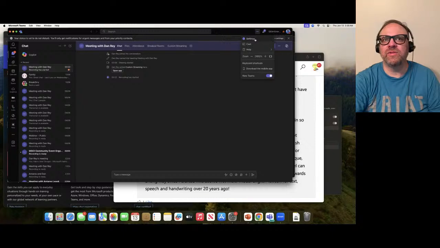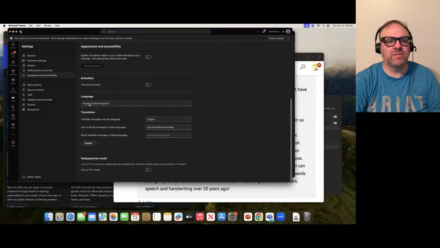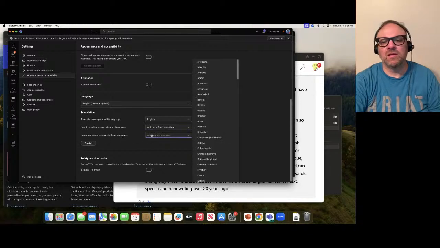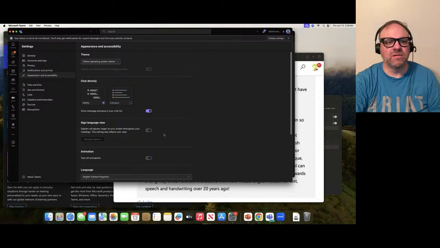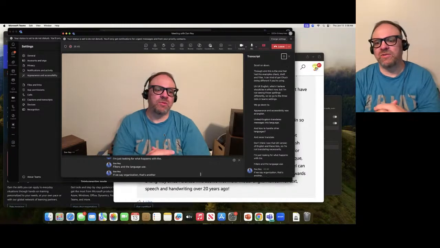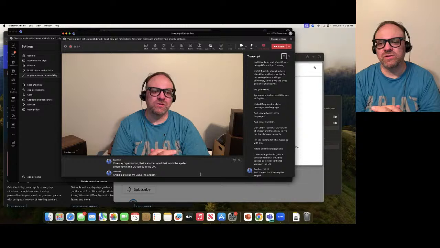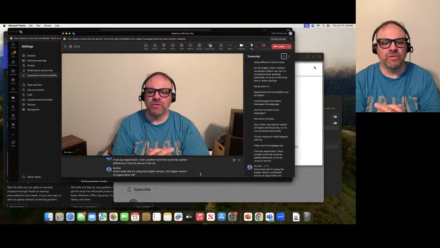So we go to the three dots in Teams settings. We go down to appearance and accessibility, was it? English, United Kingdom, translate messages into language, and how to handle other languages, and never translate. I don't think I see the UK version of English in these lists. So I'm not translating necessarily, I'm just looking for what happens with the filters and the language use. If we say organization, that's another word that would be spelled differently in the US versus in the UK. And it looks like it's using the US English version of organization still, for both my captioning and